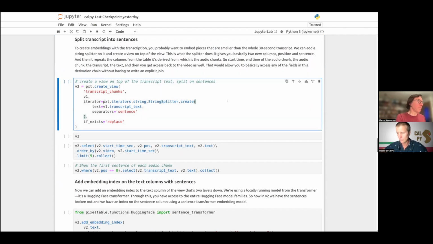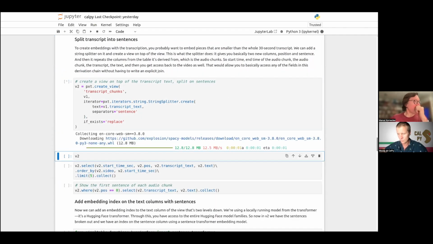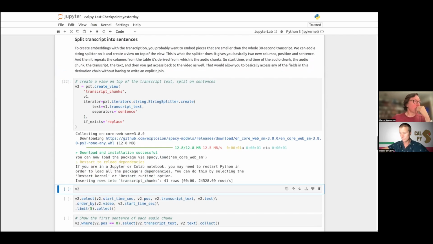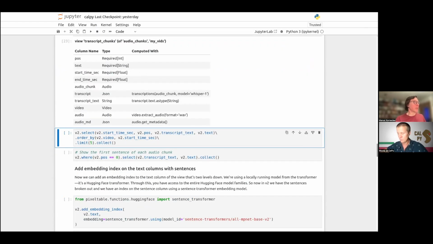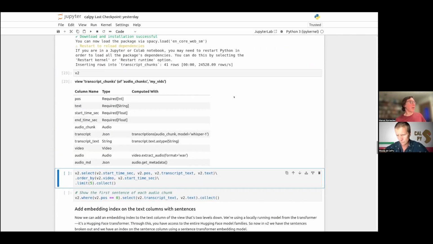So we're going to do that now, which will download spaCy's model for detecting sentences. And here we go. Now we have a view v2, which defines as new columns only the first two. These are again all repeated from the base table.